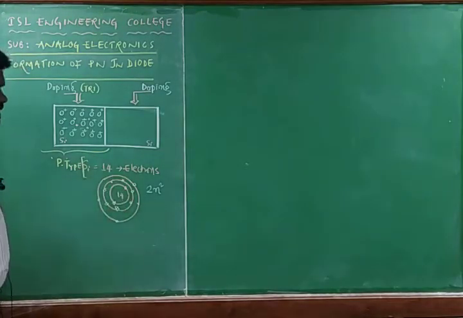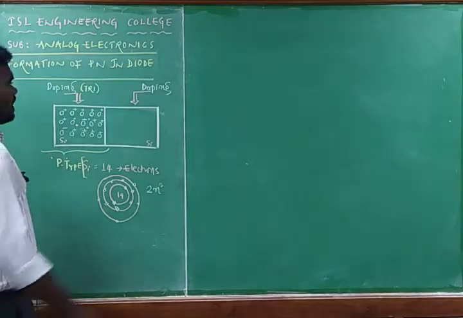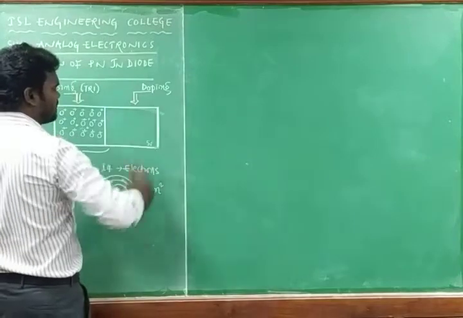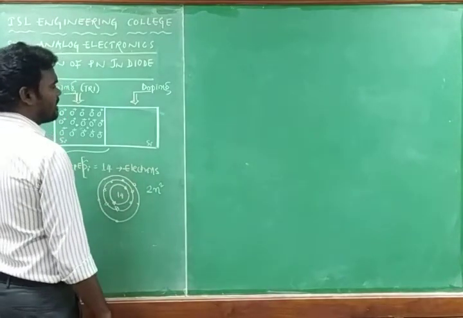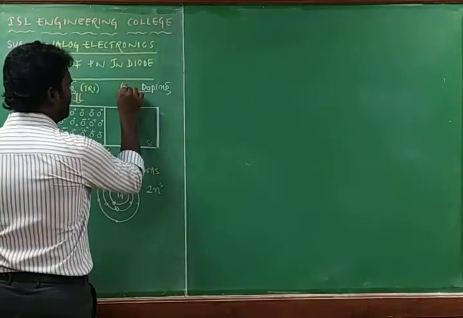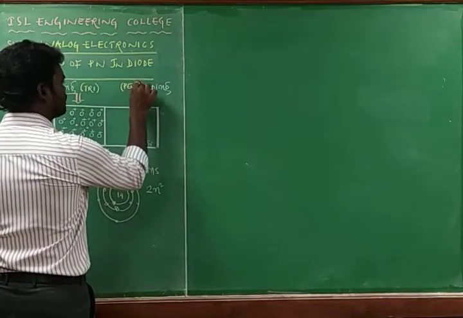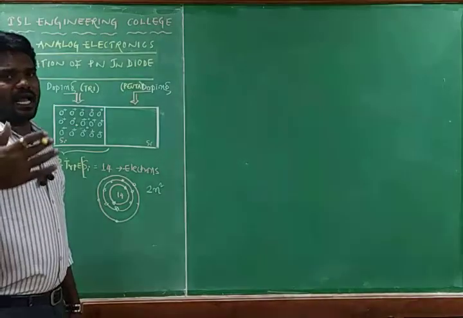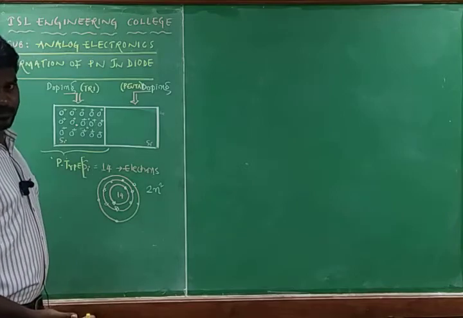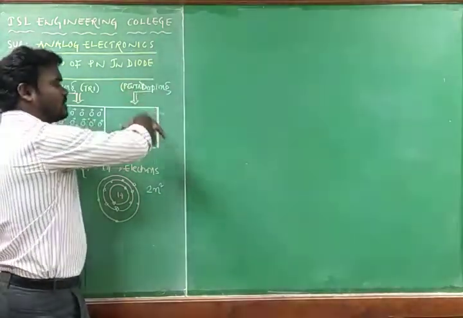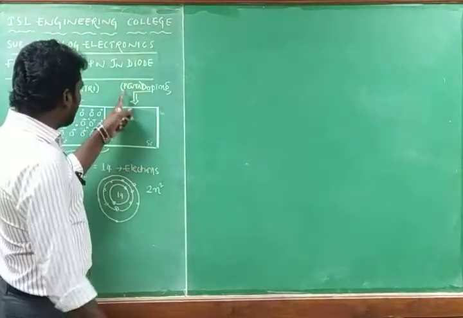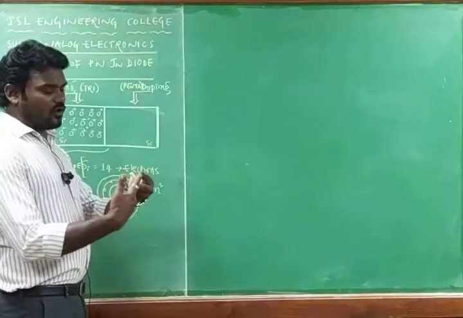This is the P-type semiconductor. Now we take the second half of the silicon material, and into it we add impurities. Those impurities are pentavalent impurities. Penta means 5. The elements which have 5 valence electrons are named pentavalent elements. They are added to the silicon, where the silicon requires 4 valence electrons to make the covalent bond, but this element gives 5, so 5 to 4 makes the covalent bond.